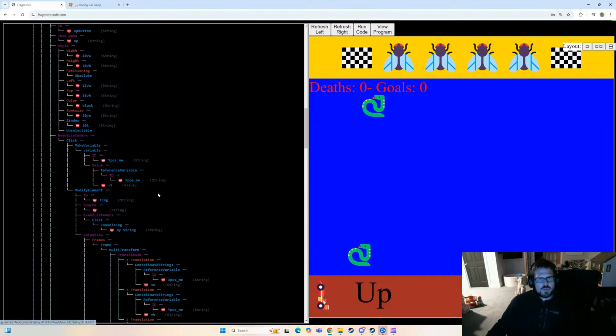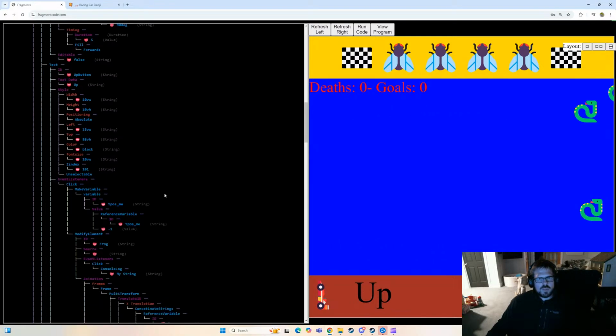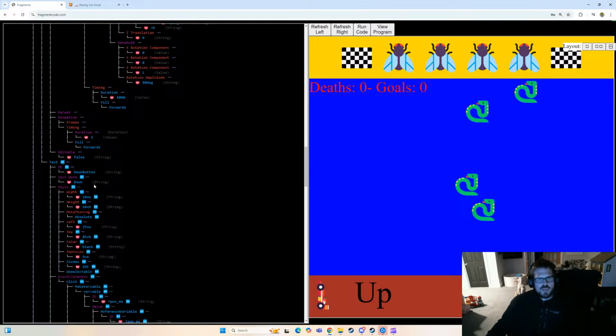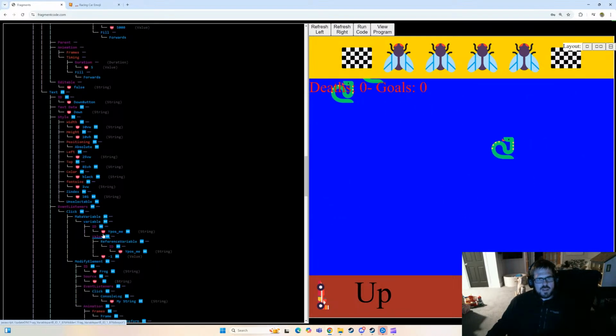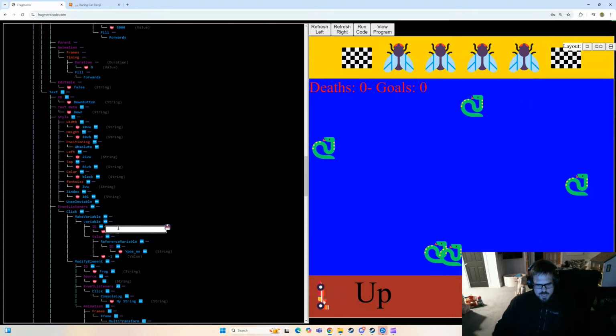So there's the up button. Then we have the down button. The width is all that. This is going to be